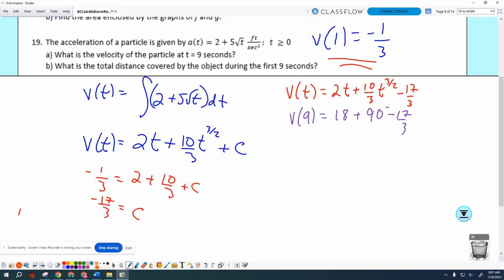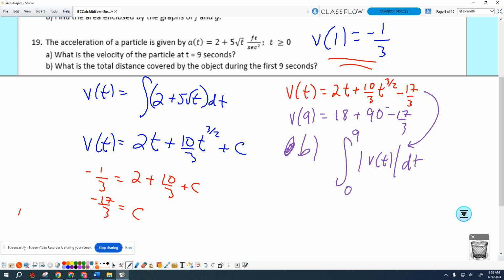What is the total distance covered by that object in the first 9 seconds? I don't know. Is it calculator? Or not. 108. If I was to just put absolute value on that, that would work. But is velocity negative anywhere in 0 to 9? I don't think so. So I could just integrate again